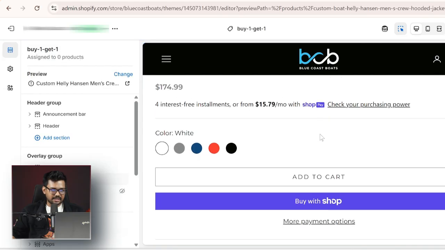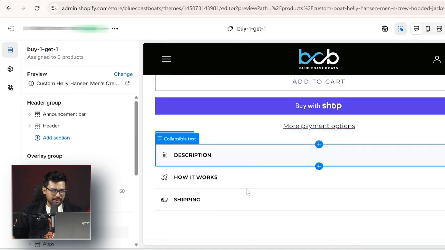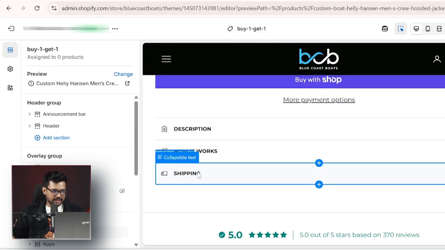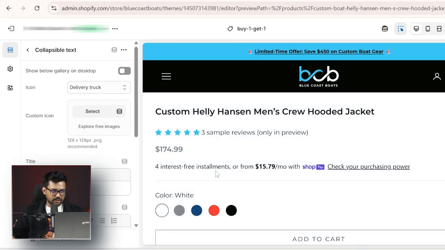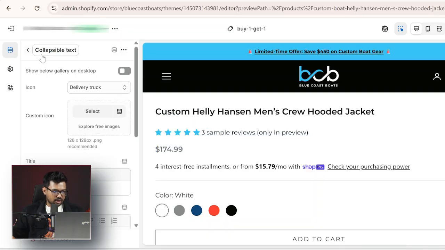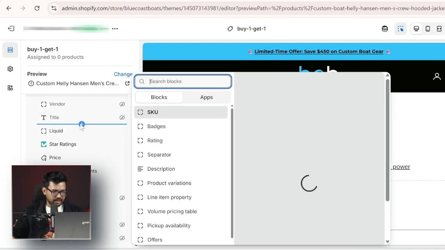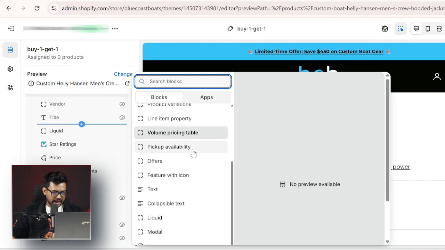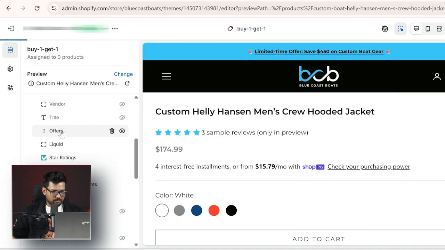So here you can see we have already created the template, and from here I want to add a specific section like the discount one I said. So I'm trying to find a specific section where I can add that. I think after the title, it is a better option to share the code here. So I'm selecting a specific section, let me go through the offer,